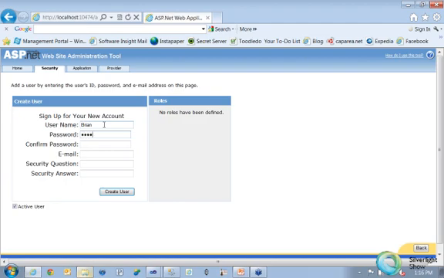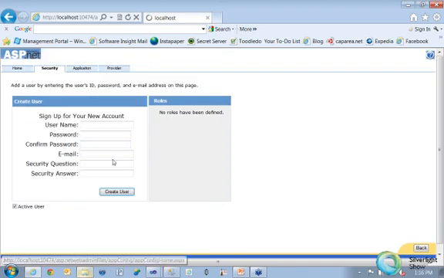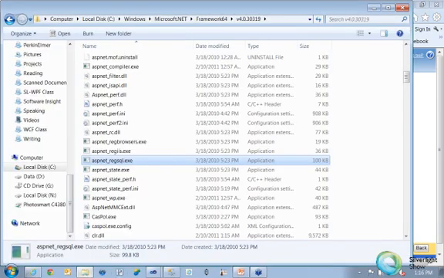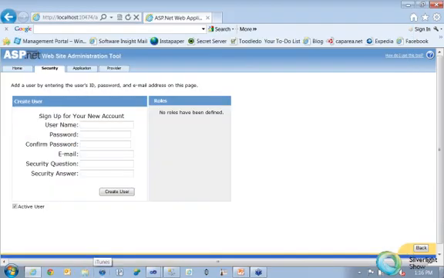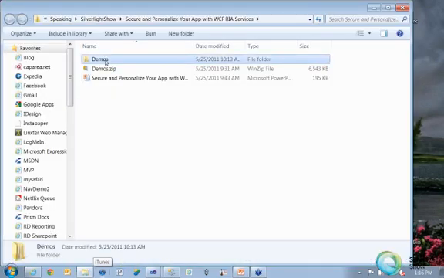And it does enforce strong passwords here, so I'm going to do a fairly strong demo password. And then it does some regex type validation, so it looks like an email and a question here, and I'll create the user. Okay, if you've used this tool, it is a little cumbersome at times, and it doesn't fully expose the capabilities of the membership and role providers. So in the demos for this session, I've got another utility we've written at iDesign called our Credential Manager,